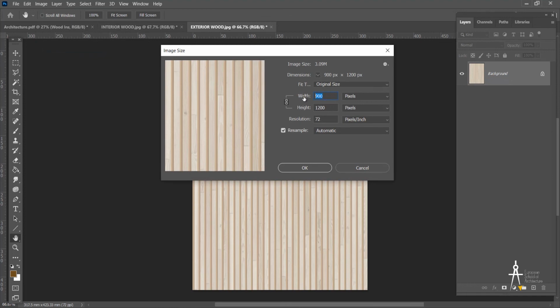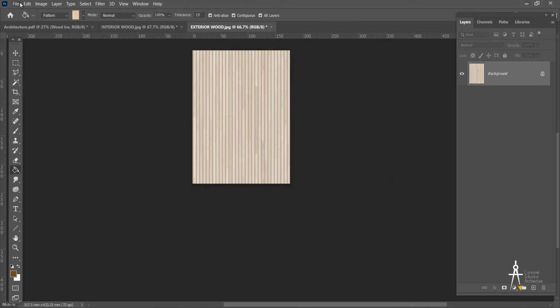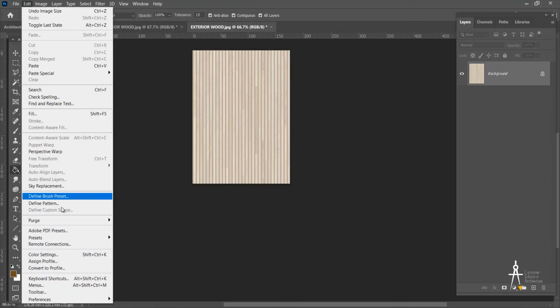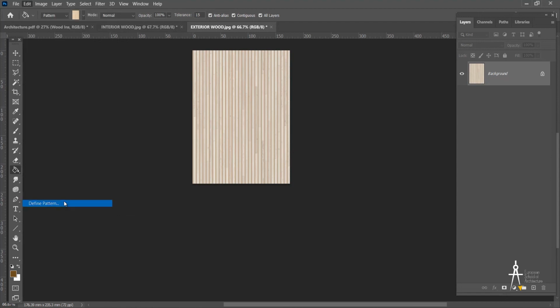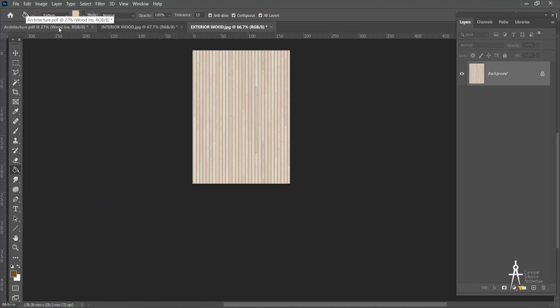Make sure 500 is okay, and then Edit, create our pattern. Where are we? Define Pattern. That's okay, and back to our